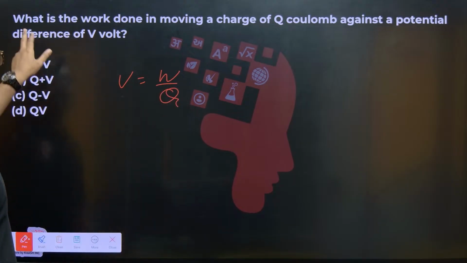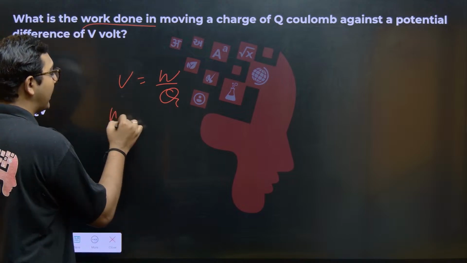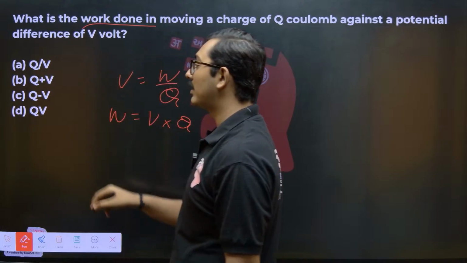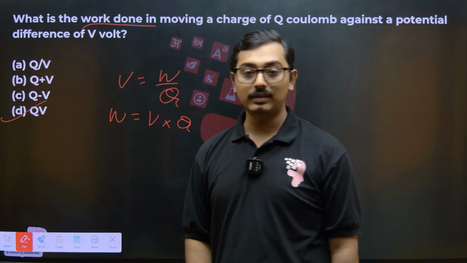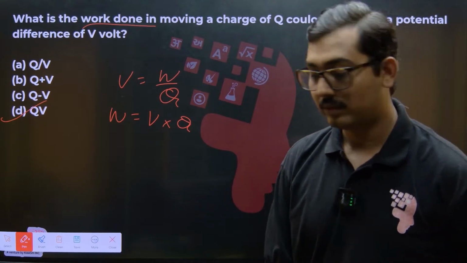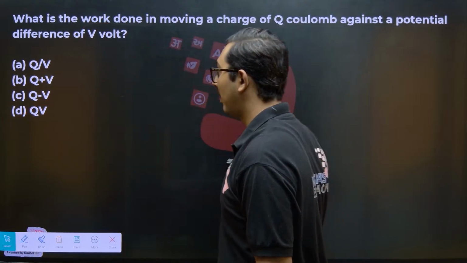And what has been asked to us? They are asking what the work done is. So work done can be directly considered as V multiplied by Q. Among these options, V multiplied by Q is option D. Understood? Clear? Okay. Next,